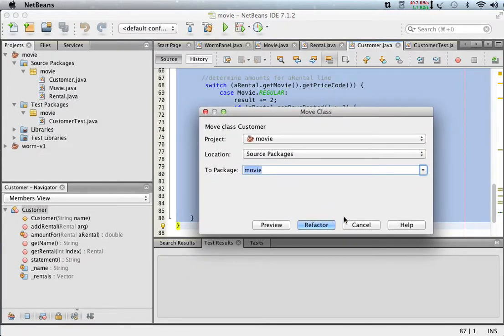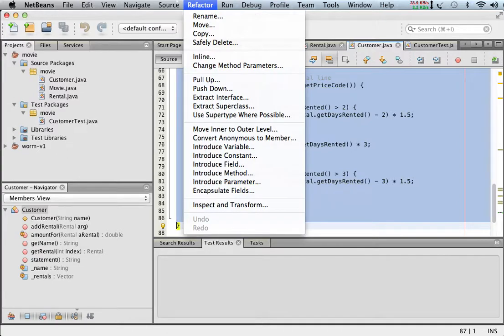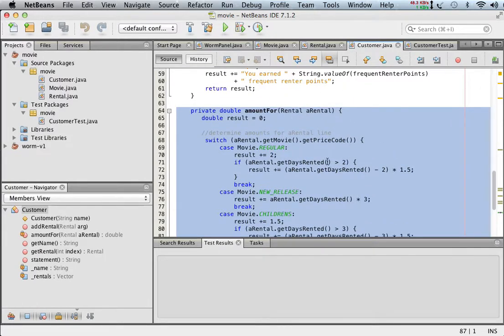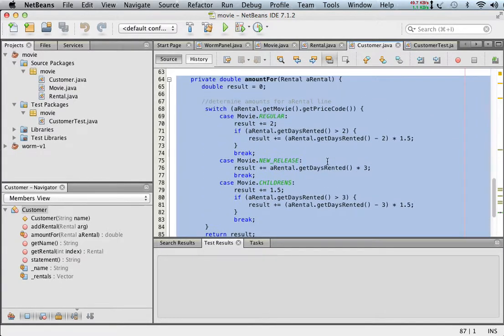You can move a class to a different package. But I don't see anything for moving a method. Change method parameters. No, I don't see it. So we're going to do this one manually. Oh, I just noticed there's this change method parameters. Maybe we could have used that one on amountFor when we had this amount stuck in there. But anyhow,